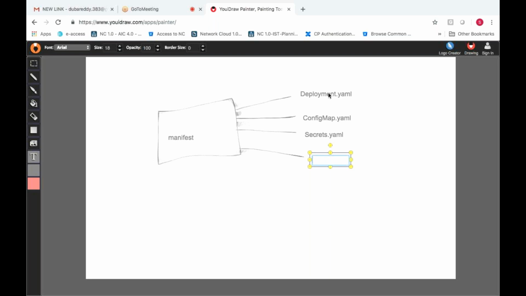Apart from this deployment method, in order to copy the configuration files, we have a separate object in Kubernetes called config map. For the nginx deployment, I'm using config map to copy the configuration files, and secrets to pass the password values and all. All together it is a single thing.